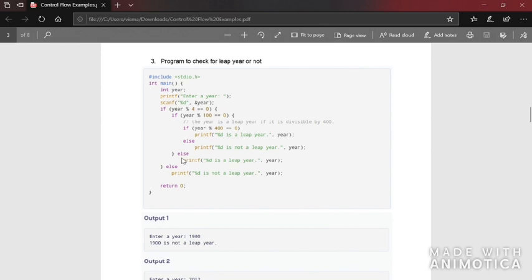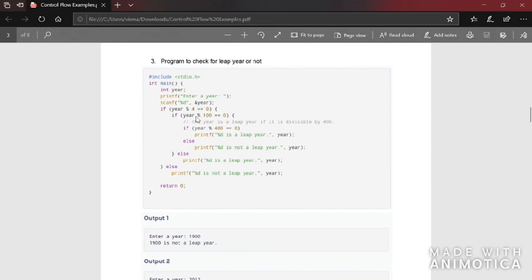I am saying that because see here, it does not have any curly braces because it's just a single statement which has to be executed if the condition is true. So it's not necessary to include the curly brackets. But here, since there is more than one statement inside the body of this if, they have given curly braces. So from here to here, everything comes inside the body of this if condition, and this else belongs to this if.